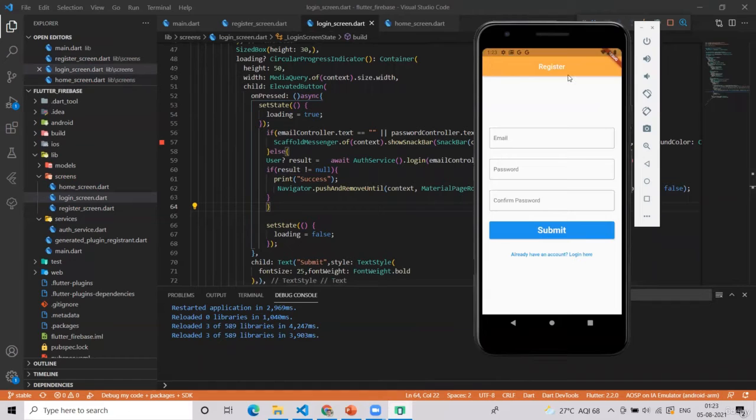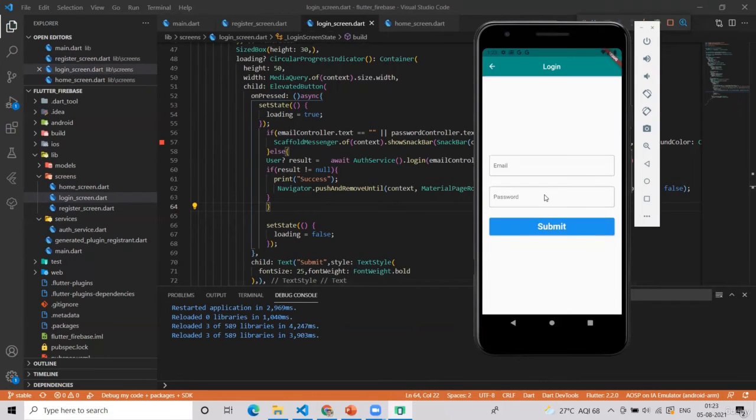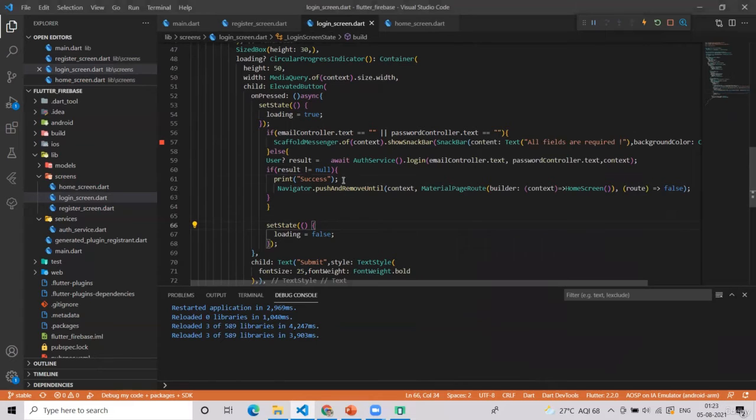It's a stack and it is on top of register. So from here, if I write push replacement, then it will go to the home screen, but with a back button. The other workaround is that first I have to use Navigator.pop, and then I can use Navigator.pushReplacement in this login screen. But I simply don't like it, and I use this push and remove until, that is, remove everything and just push this screen. That's it.